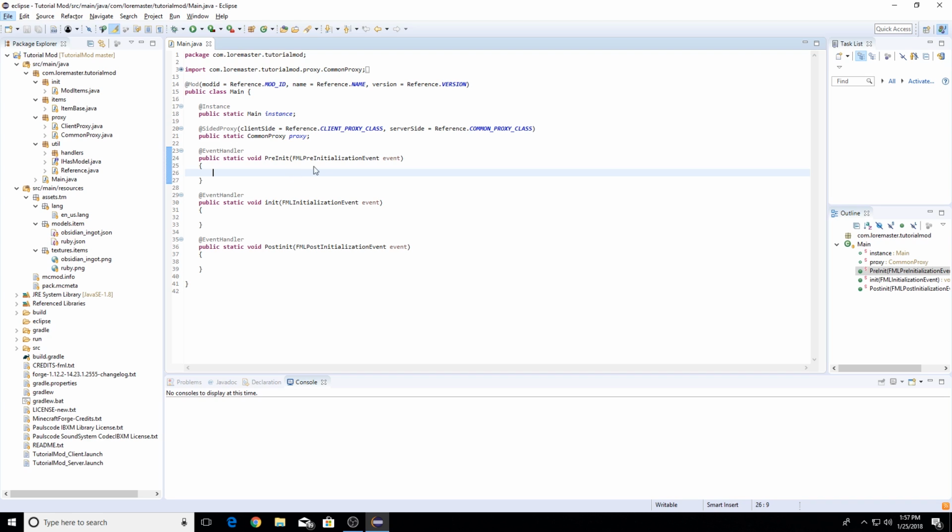So last time we left off, we had our item base right here. So what we're going to be doing is a lot of copy and pasting in this episode essentially, because like I said, it's a lot like creating items, just a little bit harder, I guess is what I would say. But anyway, so what you're going to want to do is first off go over to your com.loremaster.tutorialmod